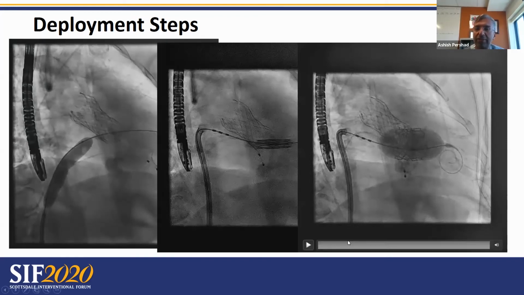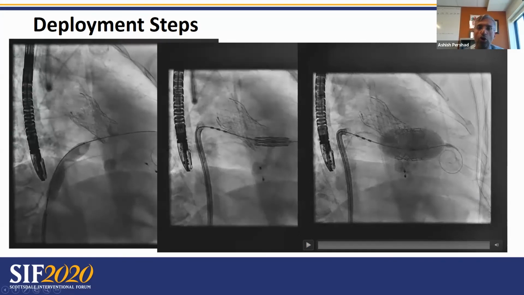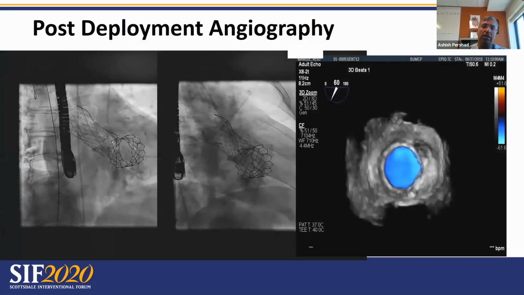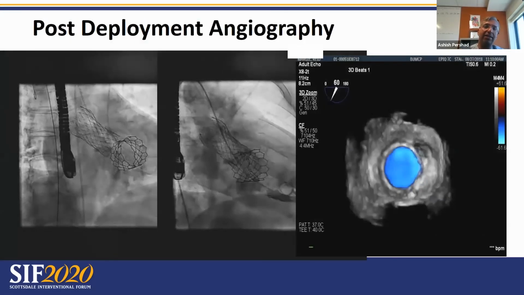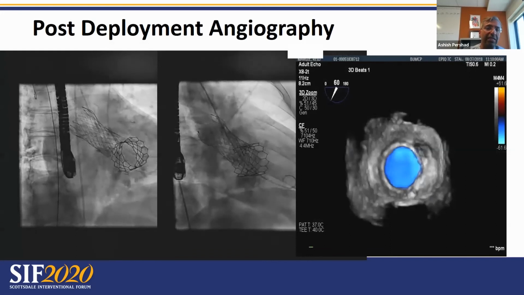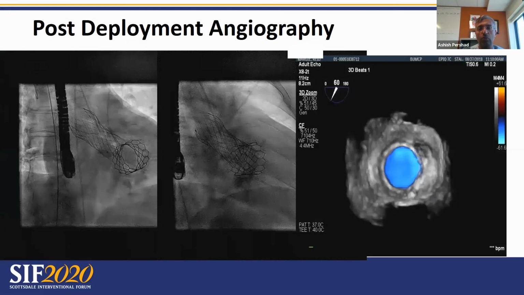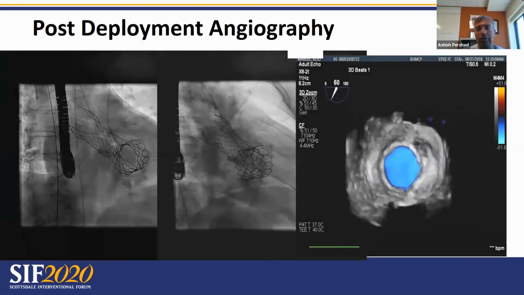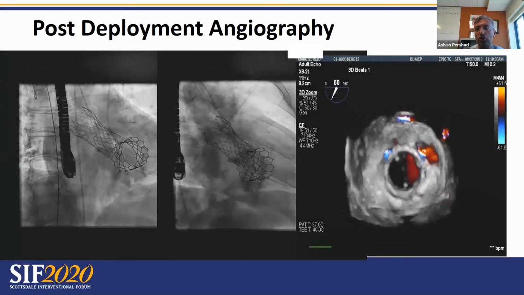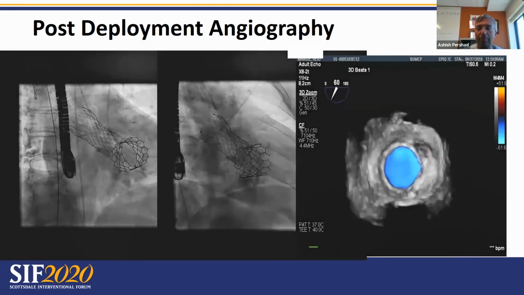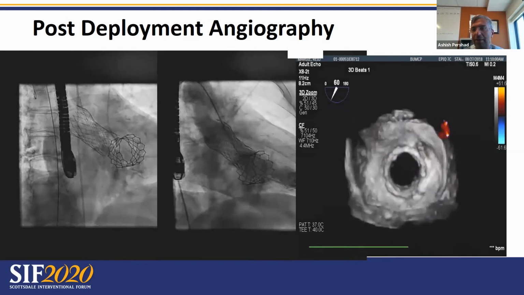And the minute the valve is expanded, we pay attention to hemodynamics to make sure that there's no compromise in the left ventricular outflow tract. Having first established that, and having verified on TEE that the valve location is stable and the deployment is adequate, we then focus our attention on the 3D TEE assessment. And as you can see on the right panel, the valve seems to be working fabulously.